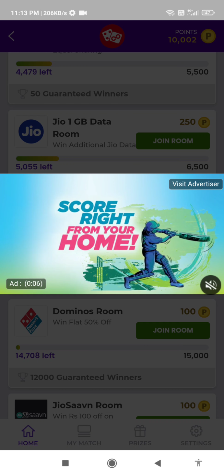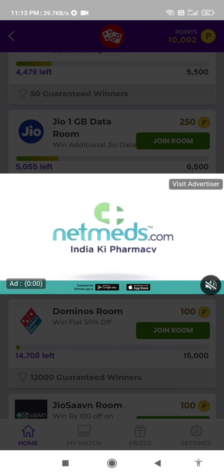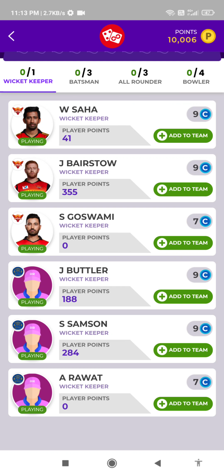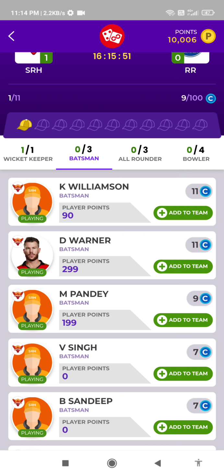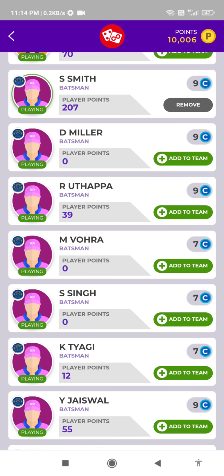You can win if your team gets scored more. So you have to choose the players which have more player points, like Jay Bairstow. Jay Bairstow has 355 player points, more than other players. You can see. So I am adding Jay Bairstow to my team. So add to team. Click on add to team to add the player in your team, and I am adding D Warner as well as Smith and